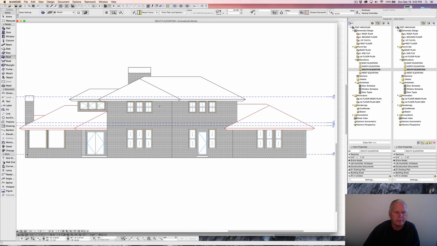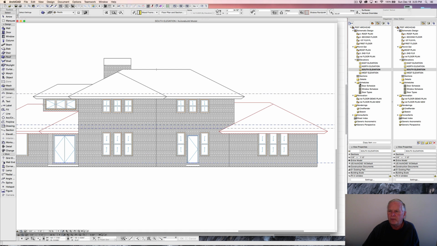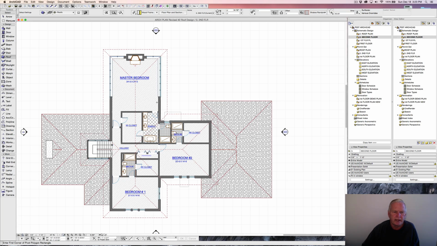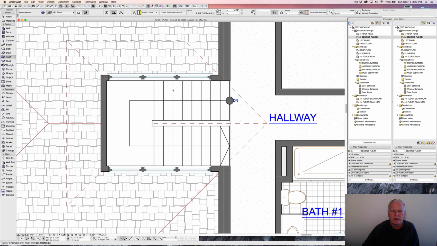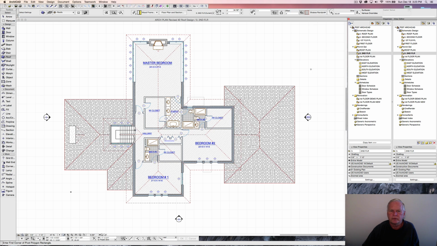One other item of cleanup still needed are these walls in the staircase here, and those are just stuccoed walls, not brick walls, as you see there. And I don't think we changed actually the true composite of that wall. So we're going to do that now by going to the second floor, clicking on that. We'll zoom in on that staircase, and actually we'll go to this second floor under permit set so we can see the